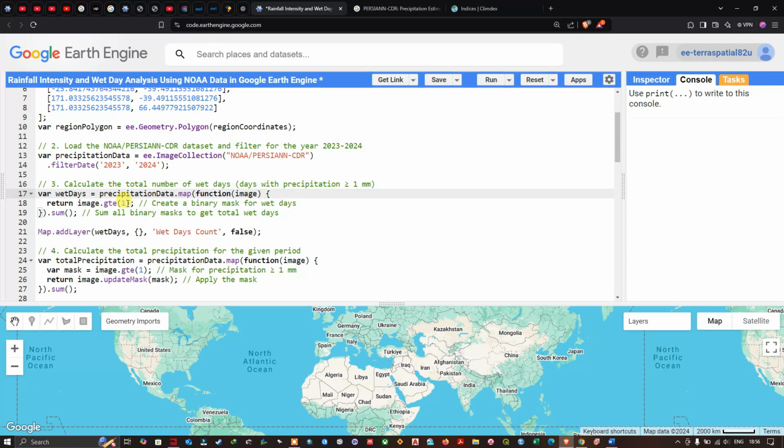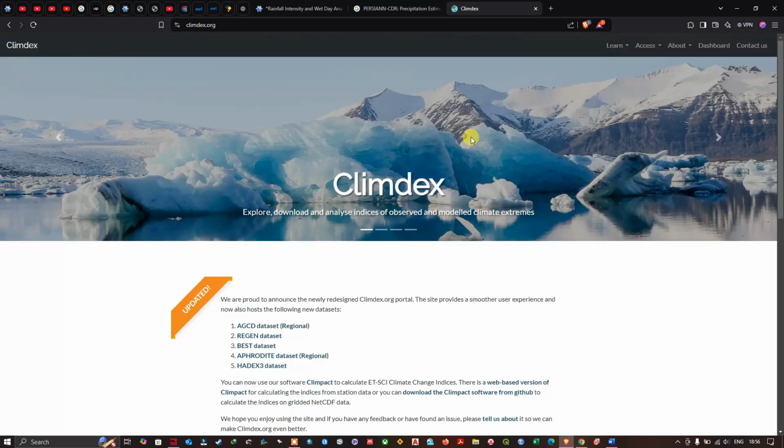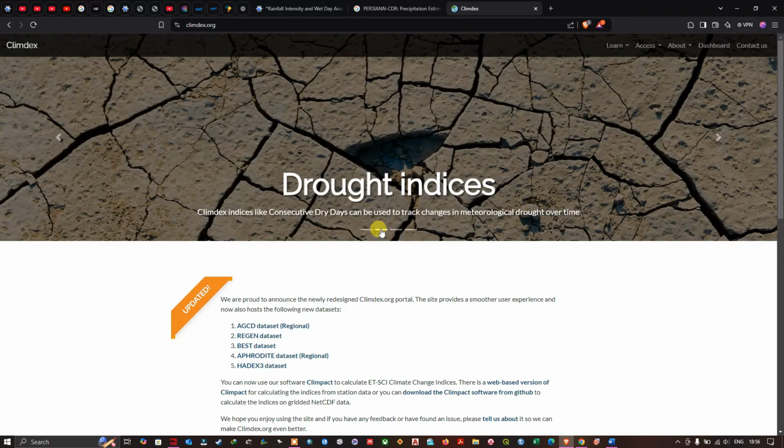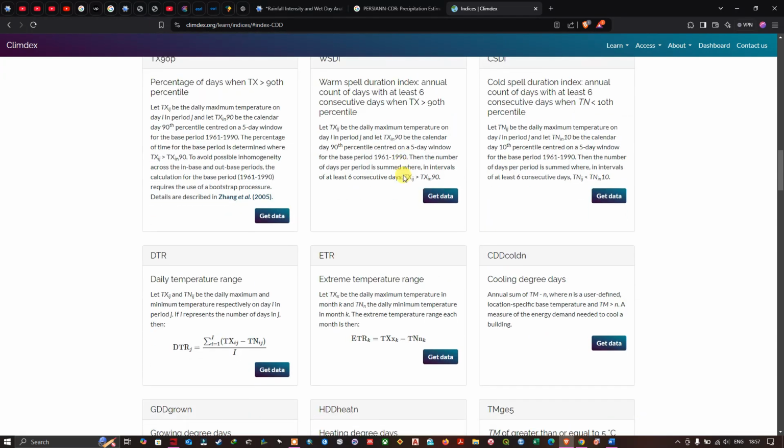For this particular formula, we have referred to a website called Climdex. We're going to navigate to this option called Climdex here, and now we're going to visualize the website's interface. Here we're going to navigate to this option, the drought indices. I'm going to click this and navigate to this particular formula called